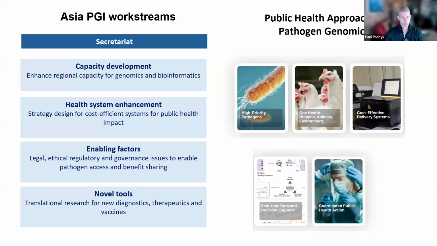accessible to folks in low and middle income country contexts, because prices are really coming down quite a bit. Assays are getting more sensitive across a range of different pathogens. So instead of doing a different test for different things, you have basically one test that can address a range of different challenges simultaneously. We also look at enabling factors, which are legal, ethical, and regulatory issues around things like data privacy, data sharing,